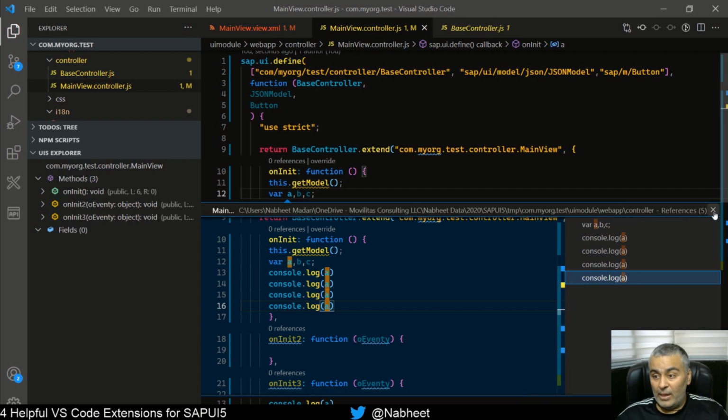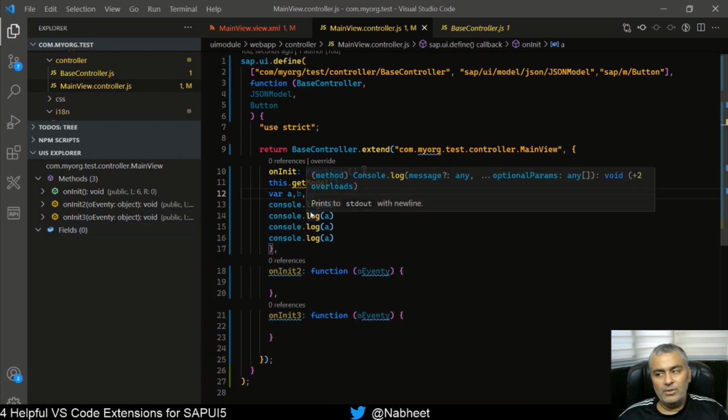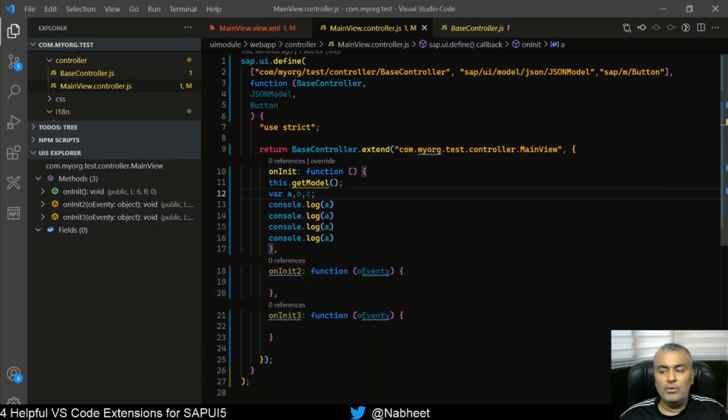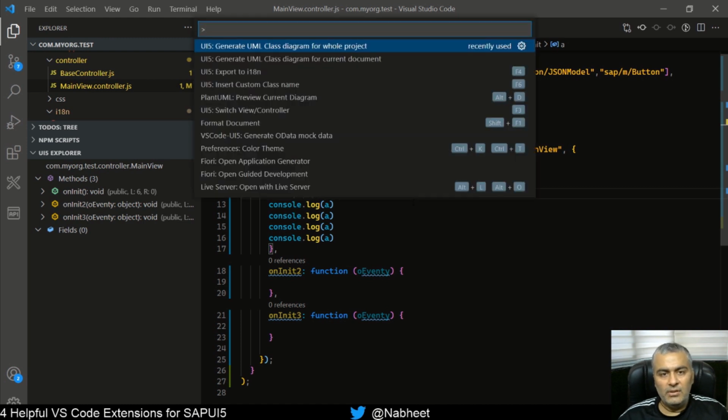It's just like in ABAP, we used to do this, right? So it is very useful, where you can use this control click to go to the definition as well as the where-used list. Next thing, for example, you want to view a UML diagram of this document, so all you need to do is press Control Shift P, or on iOS it could be Command, right?